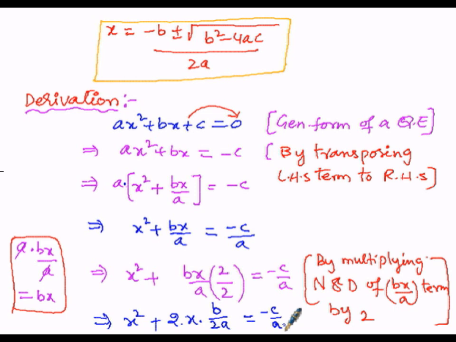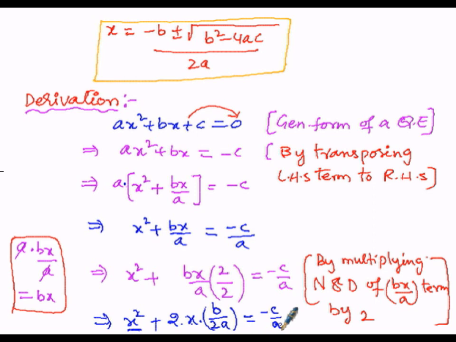So it is in the form of a square plus 2ab. So here when we suppose a value as x, it is in the form of a square plus 2, a value is again x, then this will become the b value. So there must be, what I said, to fulfill this perfect square, to make it a perfect square, a square plus 2ab, there must be b square, that is b by 2a whole square is missing here. So I want to add b by 2a whole square on either side of the equation.